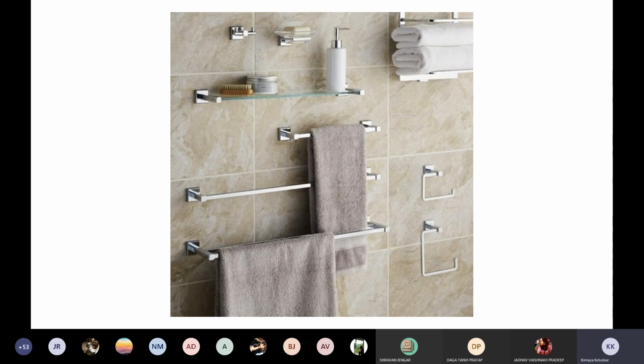Then on your right is your soap dish. Below you have this kind of glass shelf to put your shower gels and things like that. And then you have different sizes of towel rods that you can use.